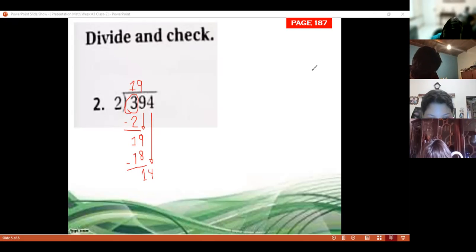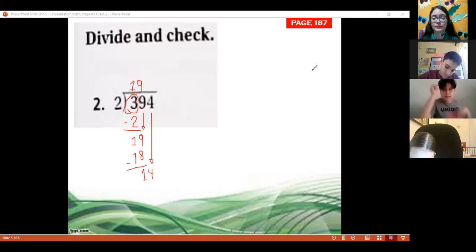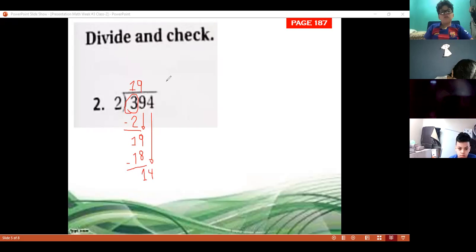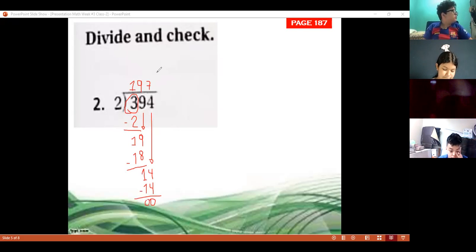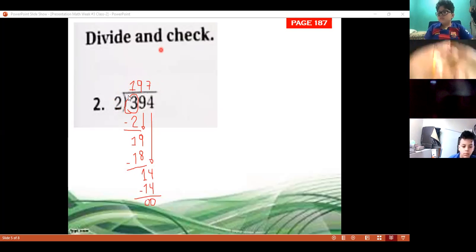And now we have to write down the number 4 and we have 14. 14 divided by 2. Another 14, because 2 times 7 is 14. That's right. Now 2 times 7, we know that 2 times 7 is 14. So we write 14 minus 14 is equal to 0. That's right. You subtract and you say 4 minus 4, 0. 1 minus 1, 0. But it says divide and check. We need to check the answer to see if it's correct. So we need to multiply the quotient by the divisor. Let's multiply